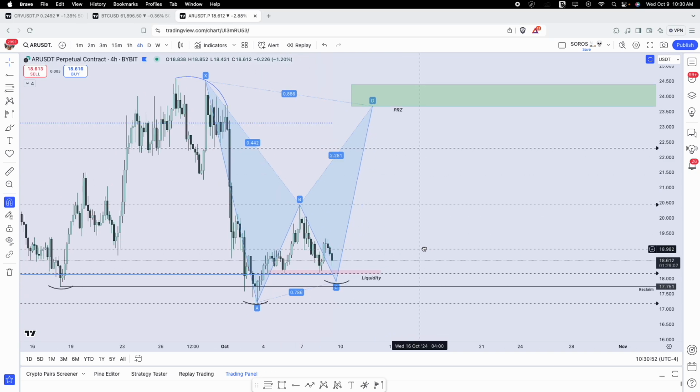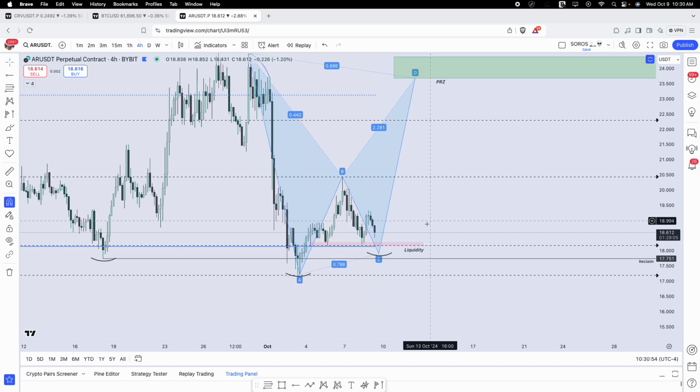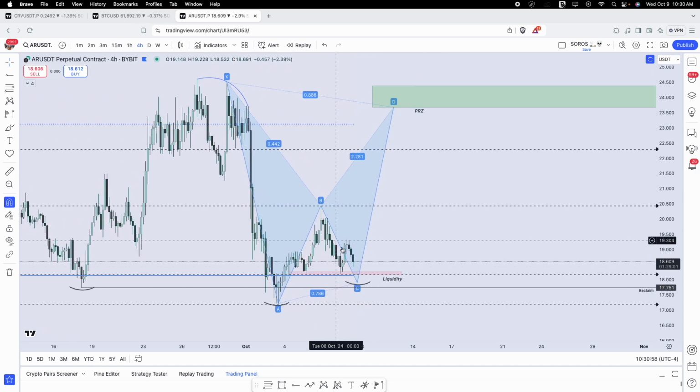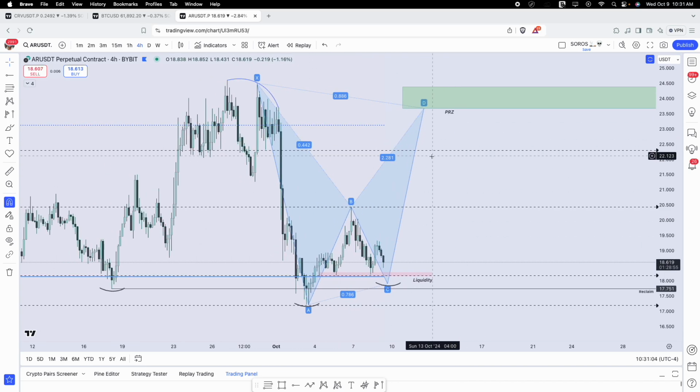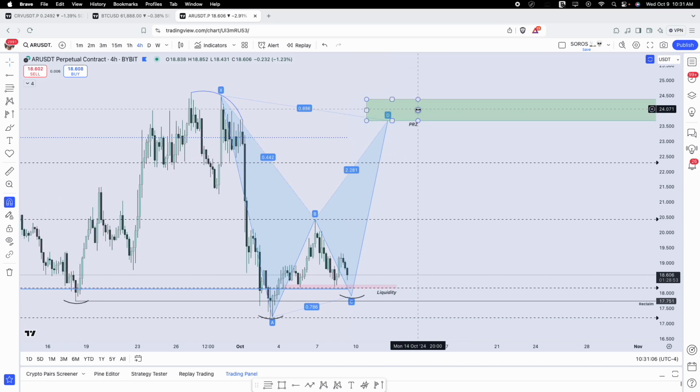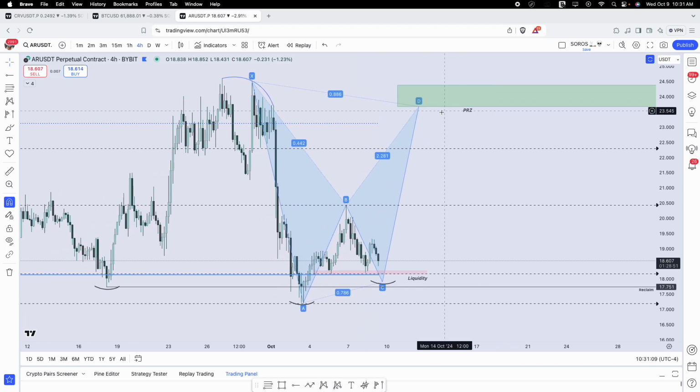Higher low, I'm projecting to the 786. Again, this didn't happen yet, but if it does, this would be a pretty good wave structure because you'd be looking at the 886 to close the harmonic. And then the idea is this potential reversal zone I have up here maps the 886 at the bottom and encloses the 2618 at the top between B to C. So if you project out